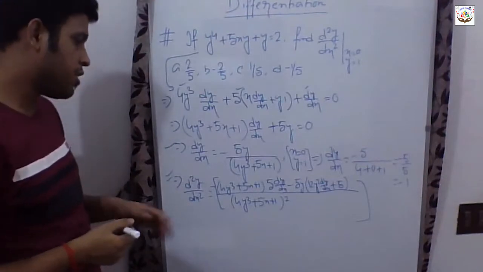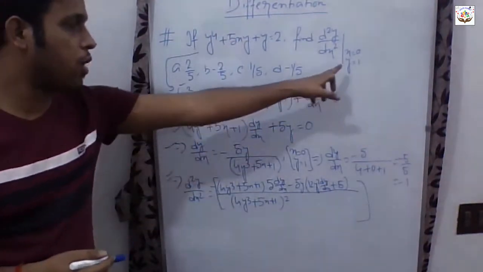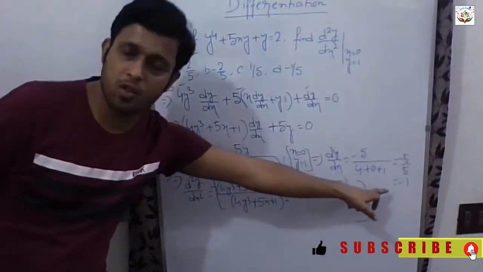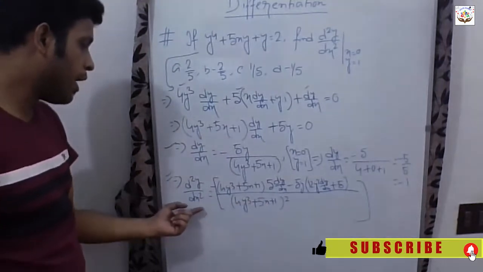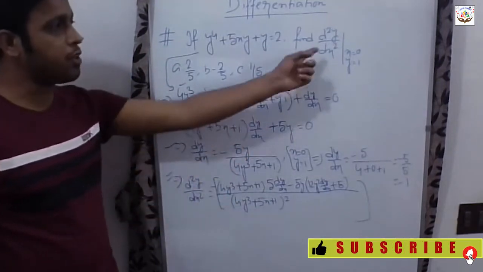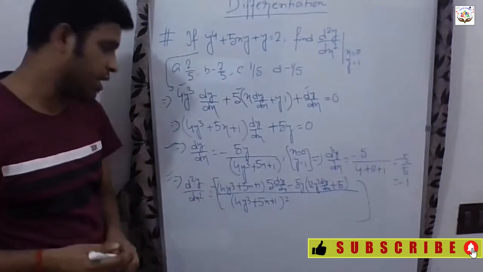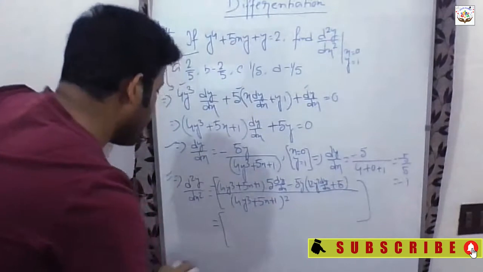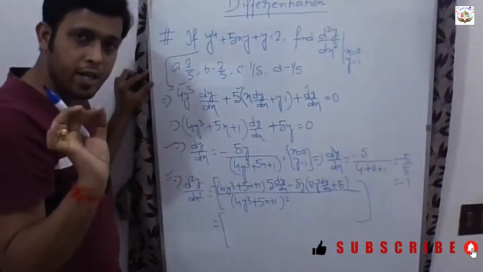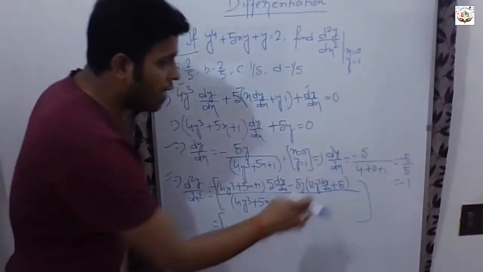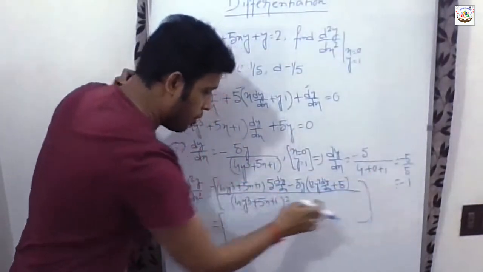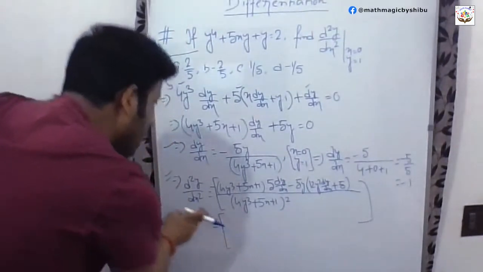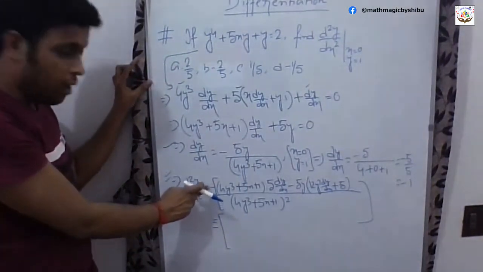So now we just need to put the value of y as 1 and x as 0 and the value of dy dx as minus 1 in this expression to get the value of d2y by dx square at x equals to 0 and y equals to 1. As simple as that. Okay, so if we try to do that, what we will get? That means y is 1, x is 0 and dy dx is minus 1 to be put. Okay, so just try from your end also. There is a minus sign, as you can see, outside of this bracket.